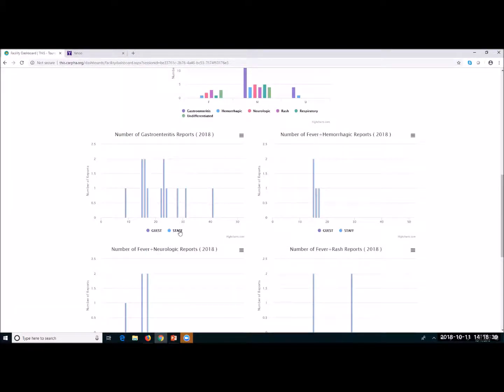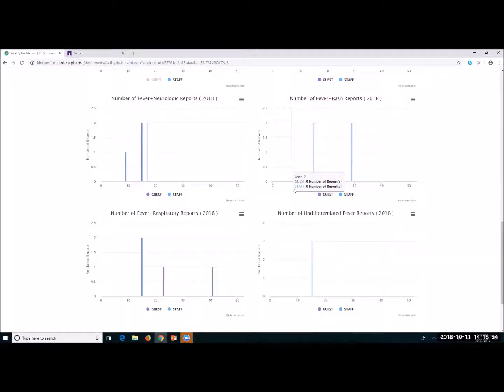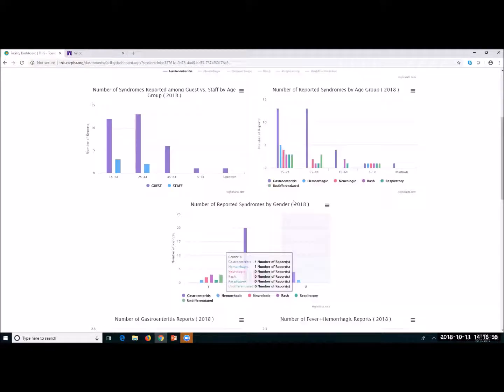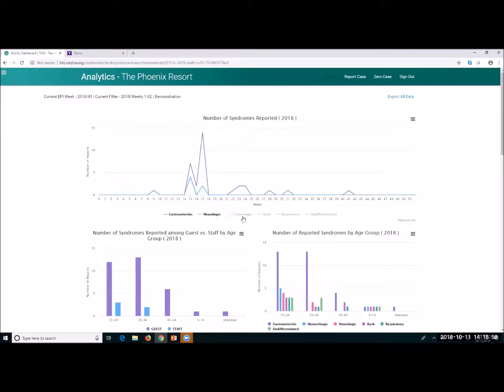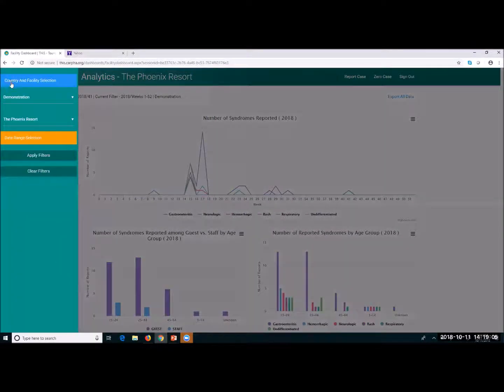And again, it's similar if you wanted to see just guests who had gastroenteritis, all you do is click away the staff and you get all the guest data. If you wanted to see the staff data, you click back the staff and you see all the staff data. If you as a manager, and I'm just going to bring back all these things, wanted to see a specific week,